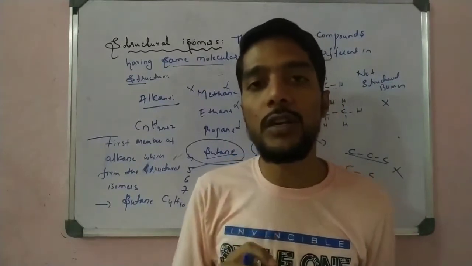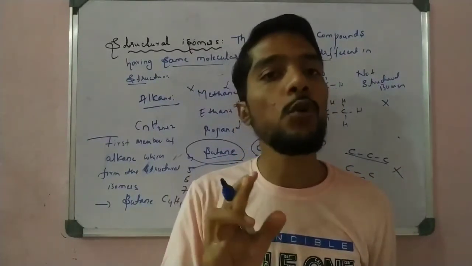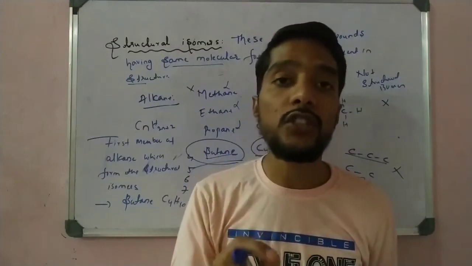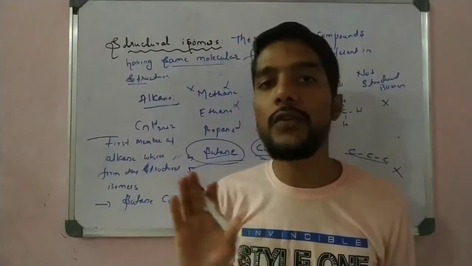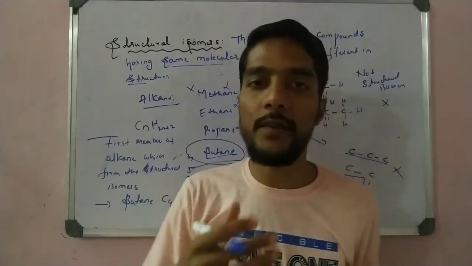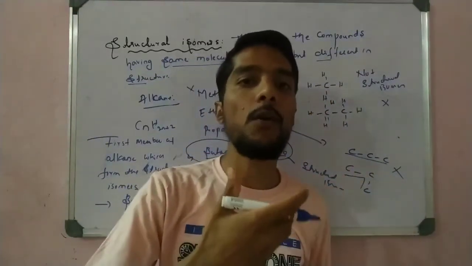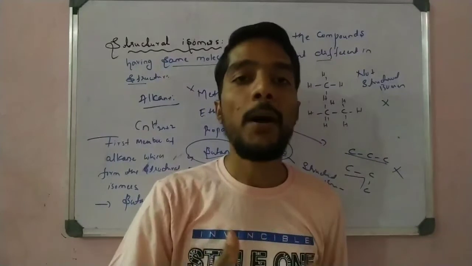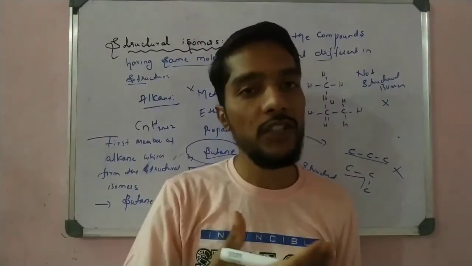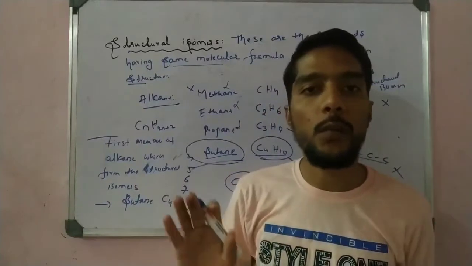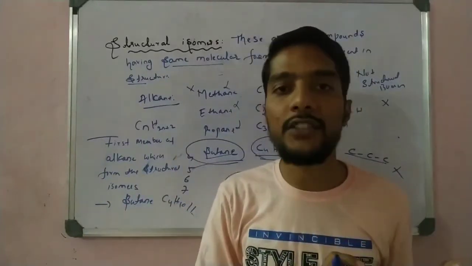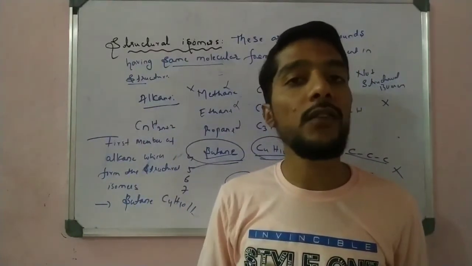Okay, so write down the question. The exam question is for 2 marks. Define structural isomers with a suitable example. We give the example of butane, that is enough. The meaning: hydrocarbon compounds having the same molecular formula but different in structure. That structural arrangement is called structural isomers. The example is butane. One is a straight structure and one is a branched structure. So this is enough to get the full 2 marks.